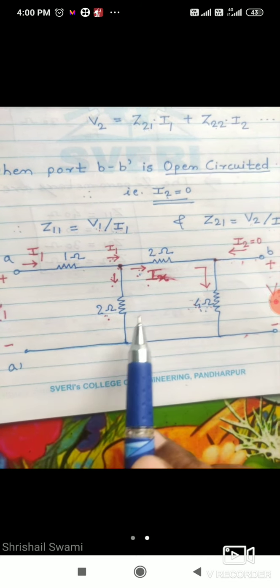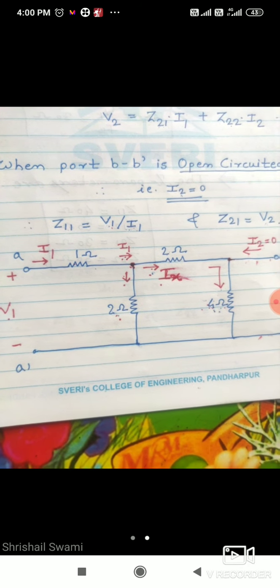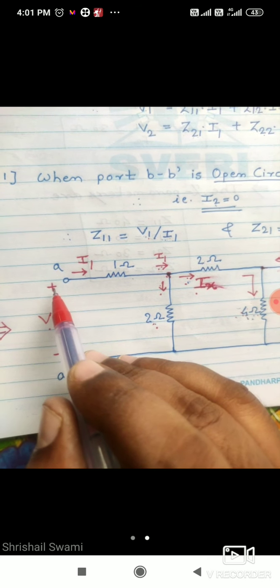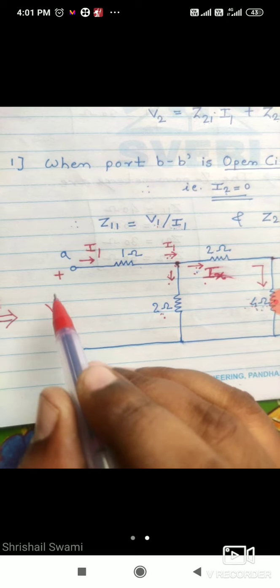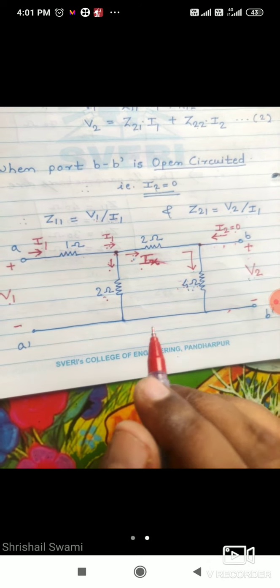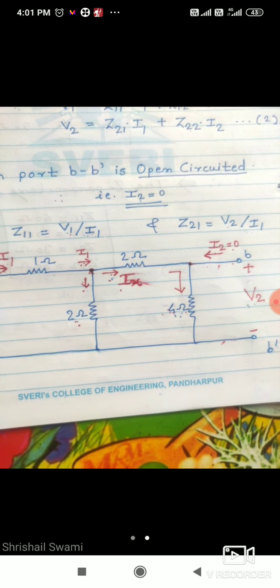Okay. So draw the circuit according to the new condition, that is I2 equal to 0. Everyone draw the circuit. I will give 1 minute. So the center part is as it is: 1 ohm, 2 ohm, 2 ohm and 4 ohm. B dash, give the name A dash. After that, once you have drawn the center part, mark the variables: plus minus V1 and this current is I1. Next plus minus V2 and current I2, which you have to make 0 because you are opening the port. So I2 you have to keep as 0. Now next, draw the circuit, then we will start. Take 1 minute, you can complete.